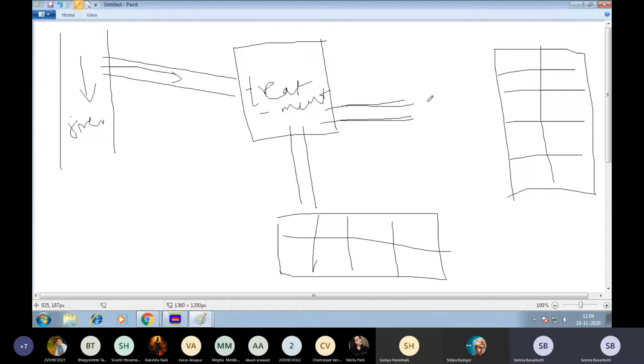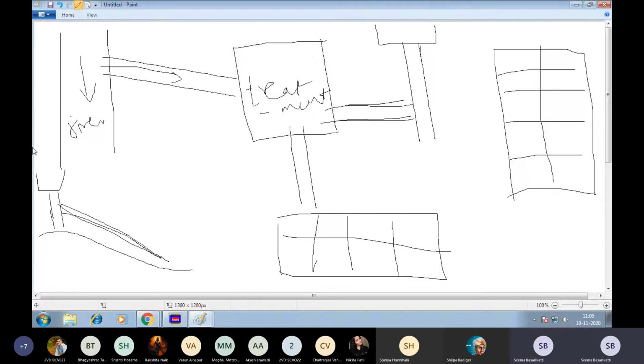It is not distributed directly to the houses. They first distribute it to the overhead tank. I think you might have seen the overhead tank constructed near your house. An overhead tank is generally constructed at a higher elevation. If this is the surface of the ground, then the overhead tank is constructed somewhere here at a higher elevation, so that the water should flow with pressure. That's why the overhead tank is constructed at a higher altitude.